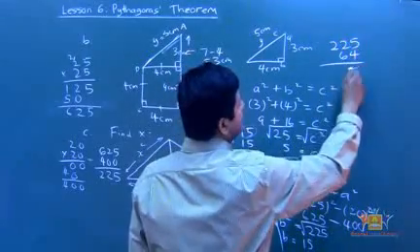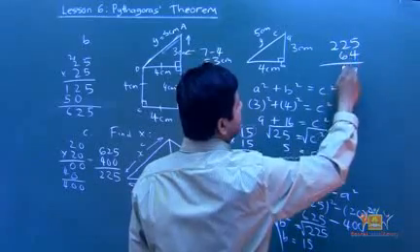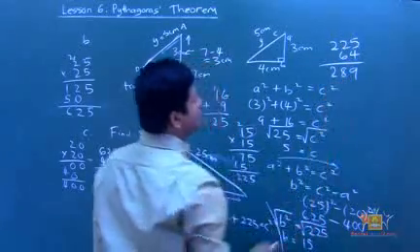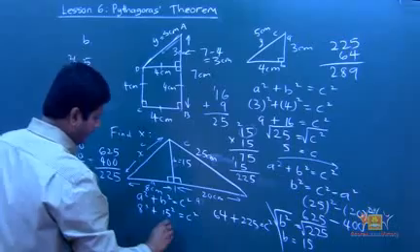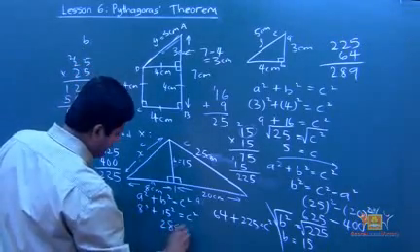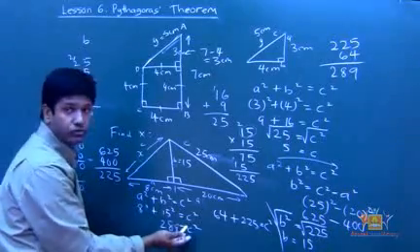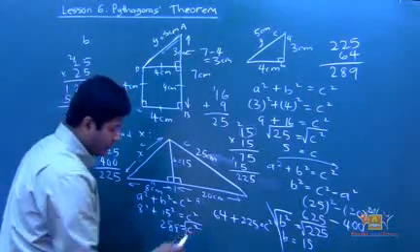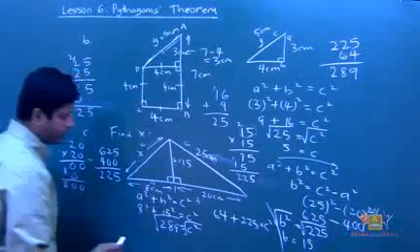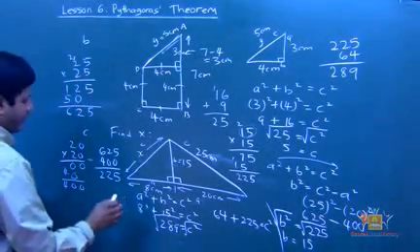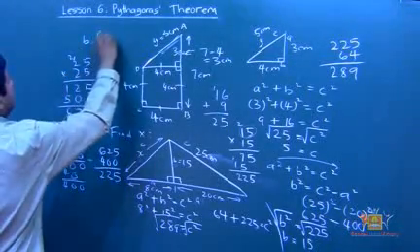5 plus 4 is 9. 2 plus 6 is 8. And then bring the 2 down. 289. So 289 equals C squared. And I'm looking for C. That means I have to take a square root of this side also. Okay, so let Mr. Mac write over here. So that means C equals